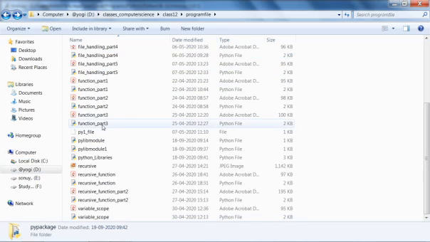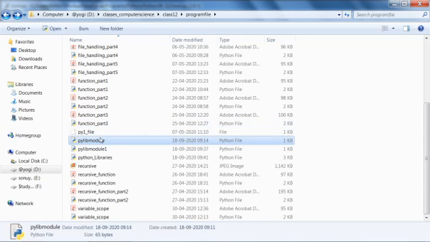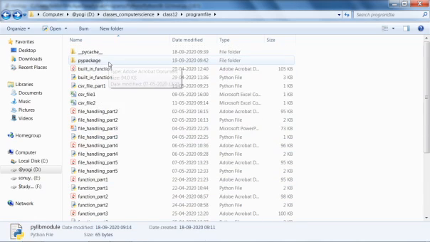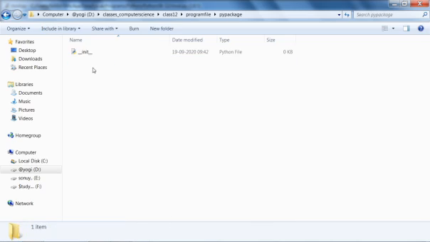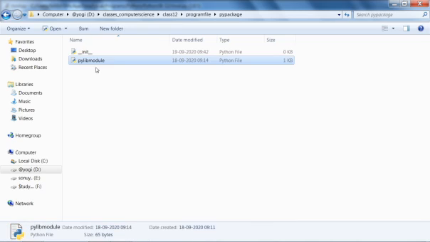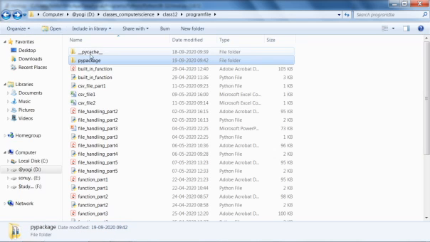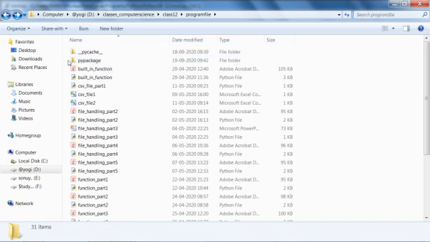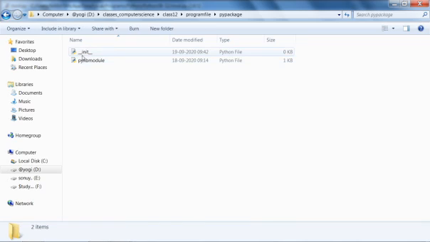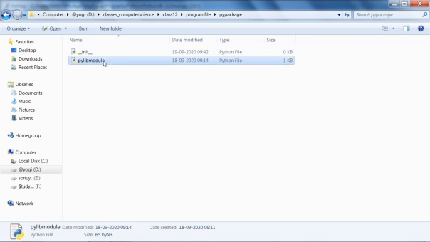Now we are going to paste our PyModule. कंट्रोल एक्स करेंगे, यहाँ से कट करेंगे और हम पाई मॉड्यूल को इस पैकेज के अंदर पेस्ट कर देंगे। यहाँ नया फाइल बनाकर भी सेव कर सकते हैं। तो this is the way to create a package in Python. First of all we have to create the __init__.py file and then we have created the module, and this is the way to create a package in Python.